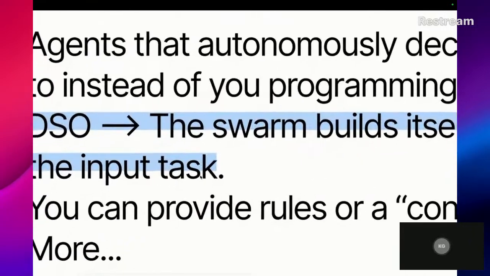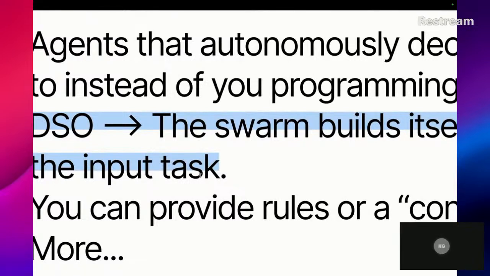So if you give it a bunch of documents and you say, create a swarm to analyze this patient, it'll create the agents specialized on that patient data. So if you say a patient has diabetes, and you say create a swarm for this patient, it'll create a swarm of agents, multiple agents, and then run them, and they'll all be specialized to diabetes in some capacity.